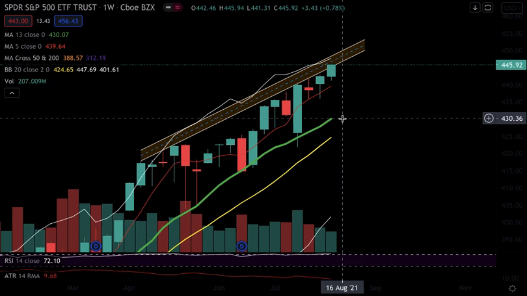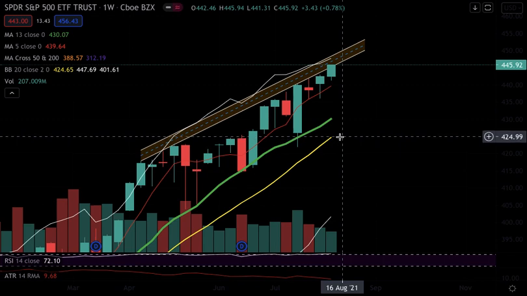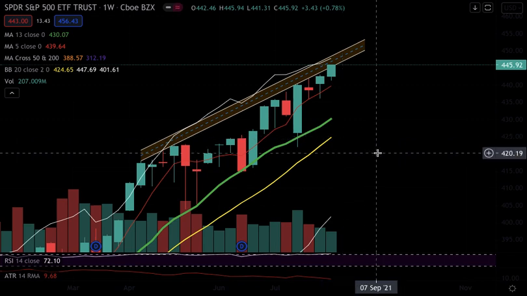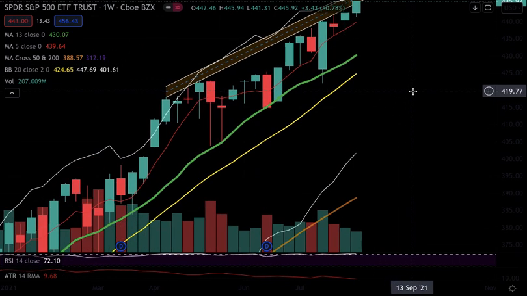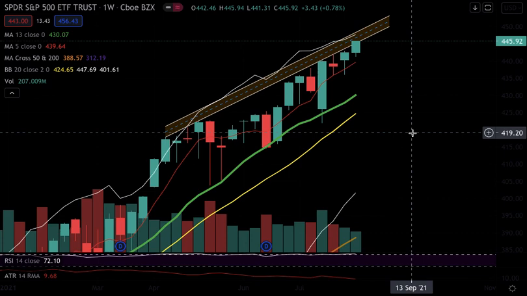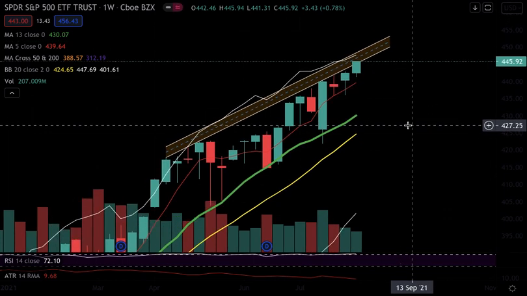All right, below that we've got our 13-day moving average, 430.07. So 430 to 430.50, that's another support level. The 20-day moving average, probably the most important and critical of our critical support levels, will be 424.65 to the 425 range. Okay, guys, please remember those levels. Write it down somewhere. Those are the areas you would want to look for buying opportunities